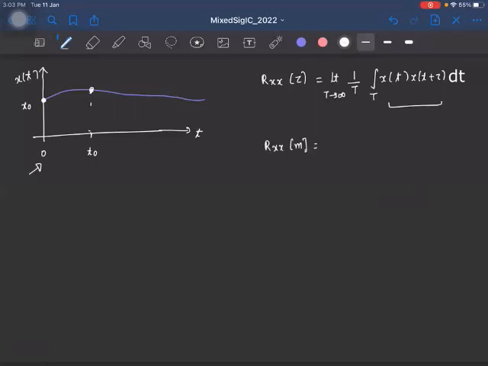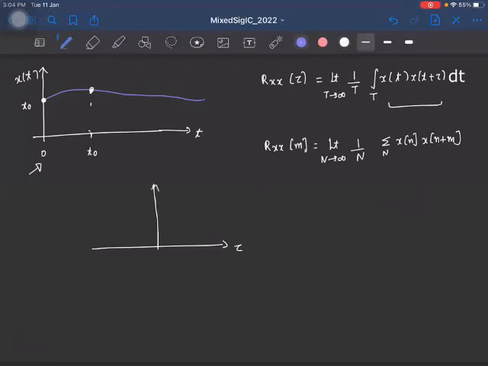Rxx of m is, say we capture for N samples, summation over those N samples, x of n times x of n plus m. Again, we need to tend N to infinity to get the exact value. Okay. So if we take an autocorrelation function plot,